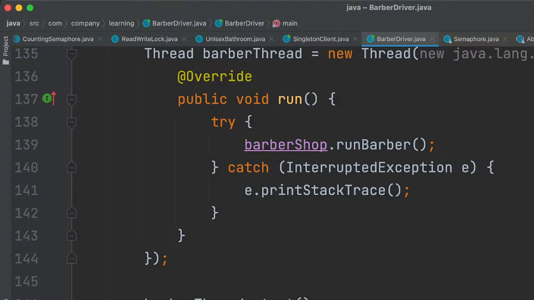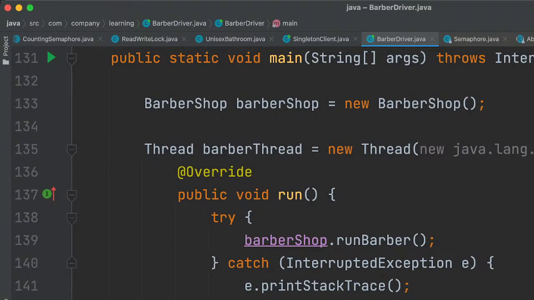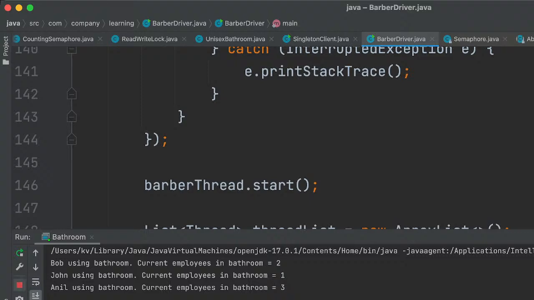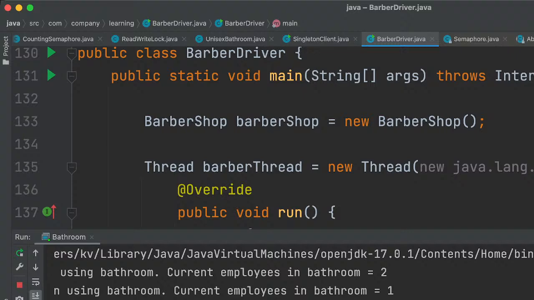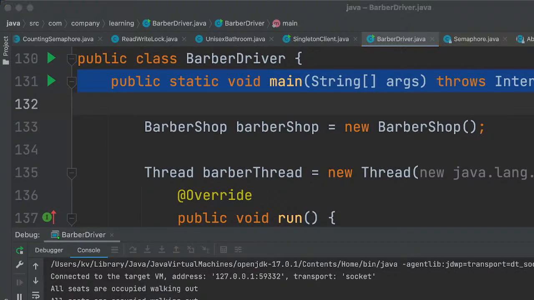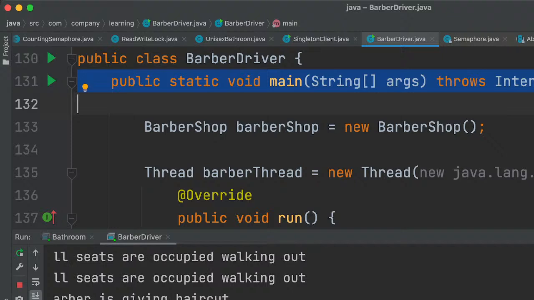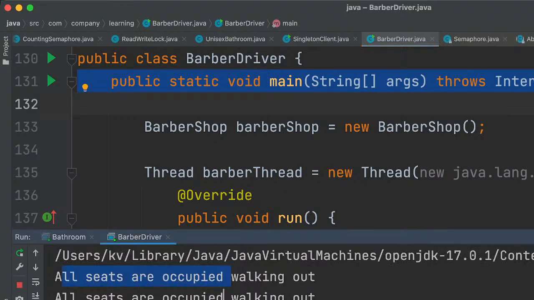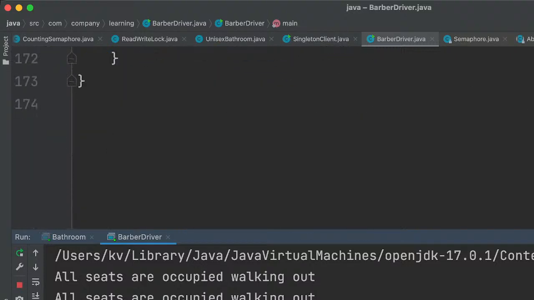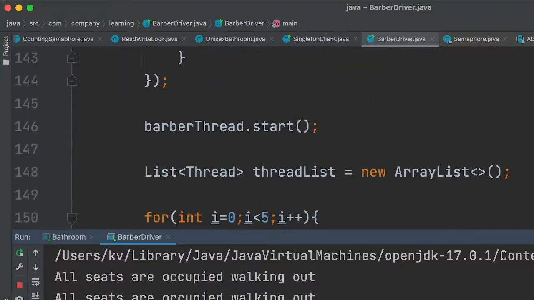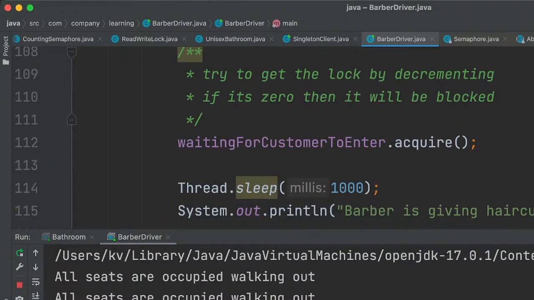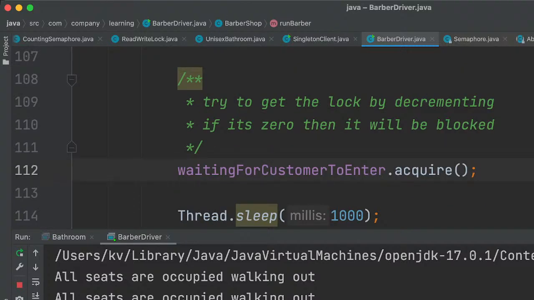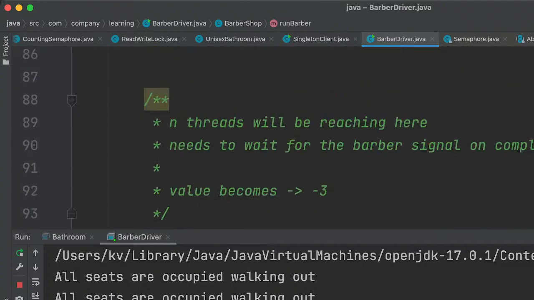So let's try to test our solution. Okay, not this one, not the pattern problem. All seats are occupied, walking out. Oh, that's strange. Okay, initially the Barber thread would be waiting on this because it is initially 0, so it will be blocked. Restarting this.